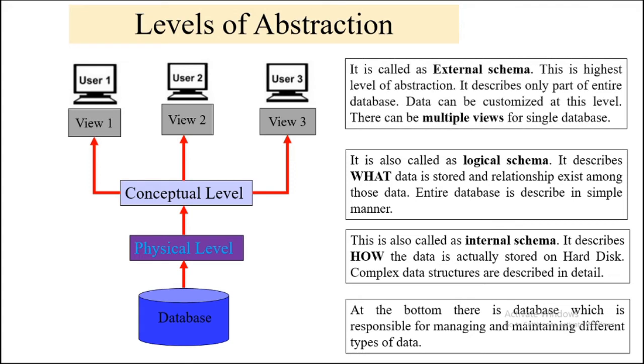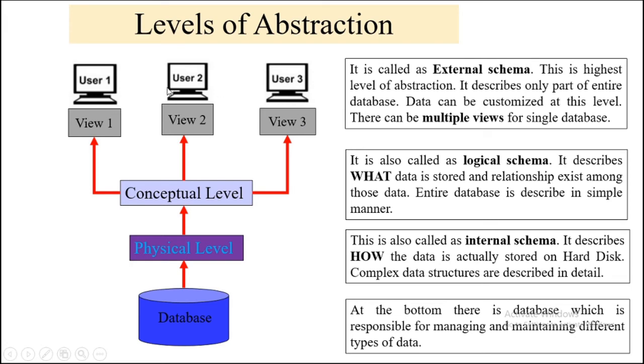Then, third is view level. It is also called external schema. This is the highest level of abstraction. It describes only a part of the entire database. Data can be customized at this level. If you see, there is one physical level, then there is one conceptual level, but there can be multiple views